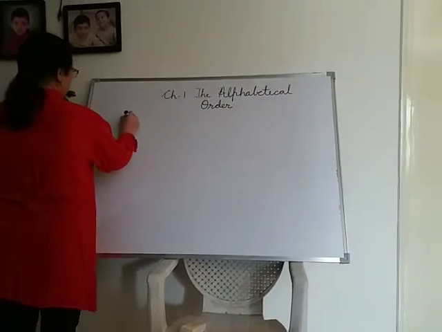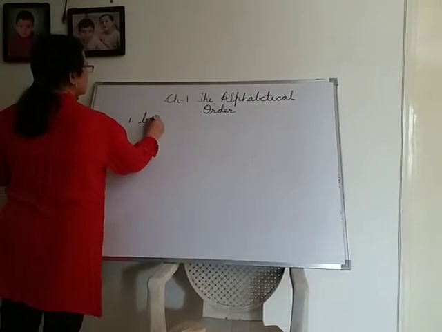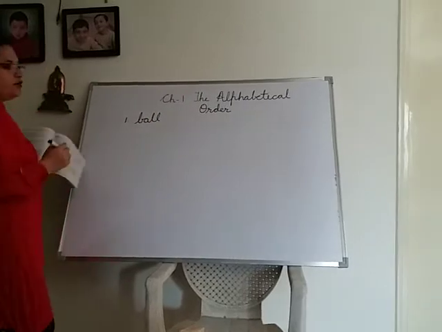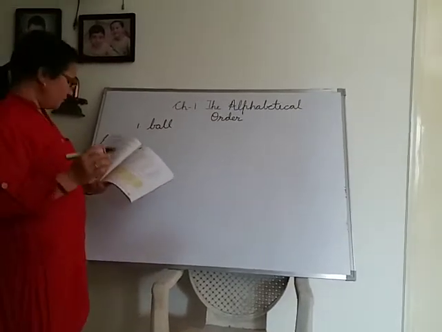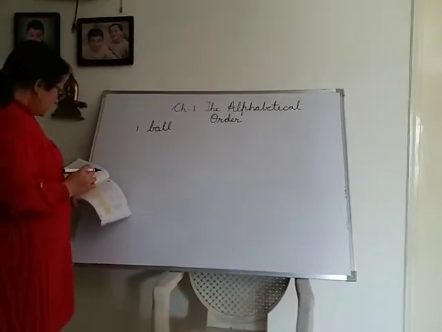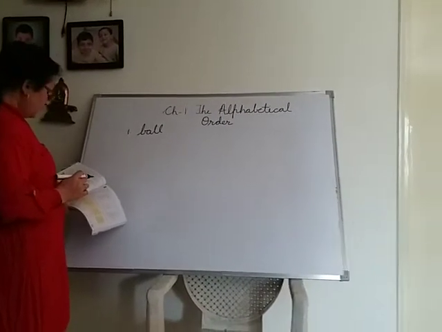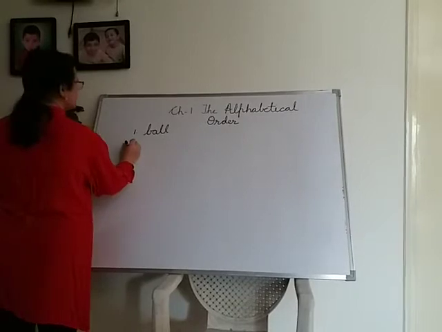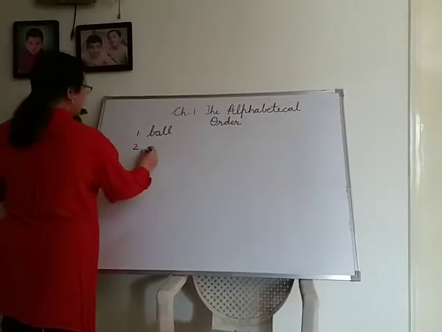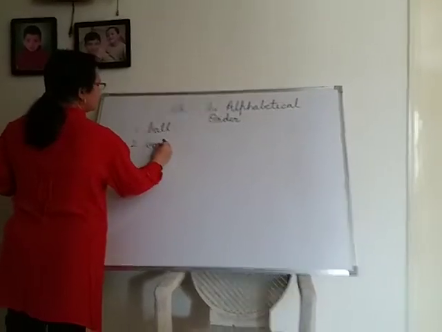So number 1 is ball. Put 1 in front of ball. You need not do this exercise in the notebook. You have to fill it in the book only. Now the second word which you can see is with B. Books. Ball, then books. Put number 2